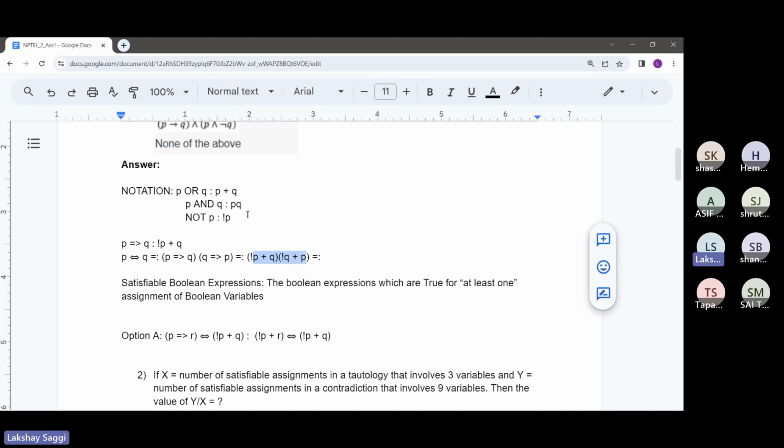So after this, you can resolve this basically using distributive properties of the expression, distributive properties for the AND operation. So this will basically resolve to not P times not Q plus P. Actually, this is similar to multiplication. We'll multiply this not P into not Q plus P, and then this Q into not Q plus P, and add those two expressions. So let's just see what happens. I'm just experimenting and seeing what sort of things will happen if we simplify this.